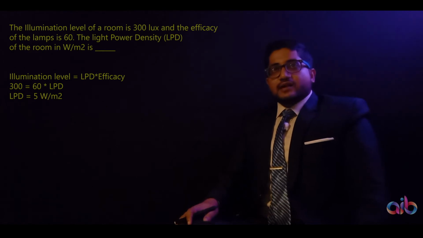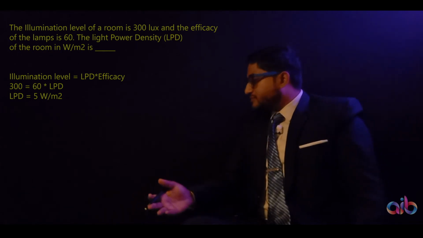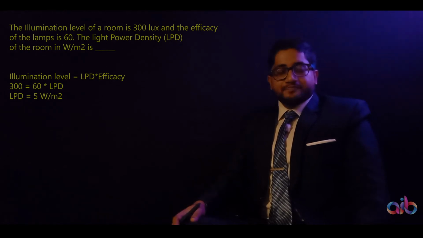Now that you know the entire glossary of lighting, we will move on to the first question. So the first question which they have asked me is highly relatable to the question which was again asked in 2021. So this question is from, I think, 2019, and they have mentioned the illuminance of a room is 300 lux and the efficacy is 60%. What is the power consumption or power density of the room in terms of watt per meter squared?